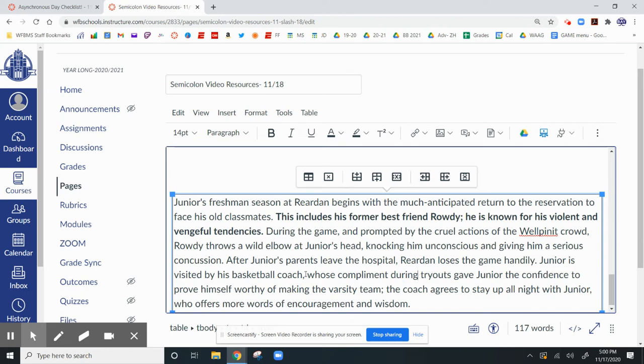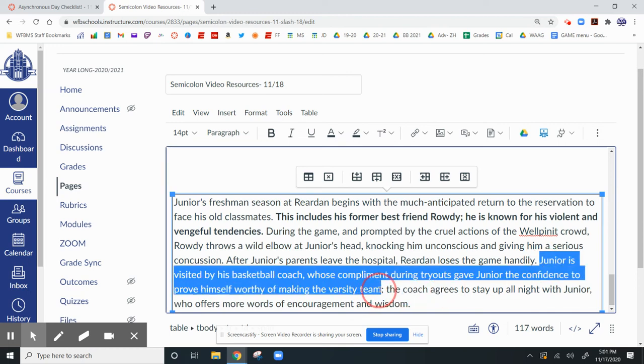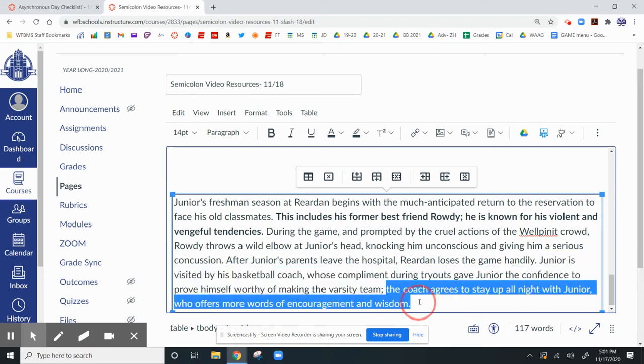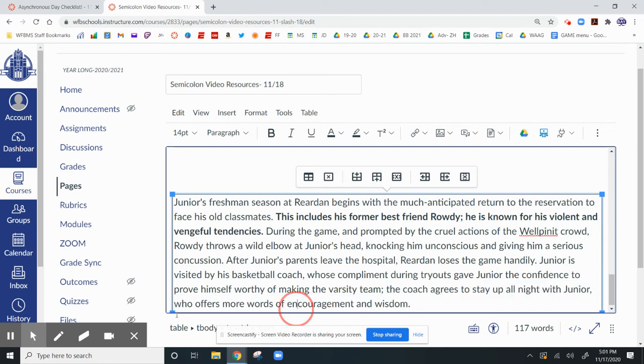And now I'm good. I've got this sentence here, which is complete, because I already read through in my head. I've got the subject of Junior, and he's visited by his basketball coach. This is definitely a good sentence. And then I've got this here. The coach is the subject. What does the coach do? The verb agrees. Agrees to do what? To stay up all night with Junior, who offers more words of encouragement and wisdom. Looks good to me. So now I've tweaked both a short, choppy series of sentences with a semicolon, and now